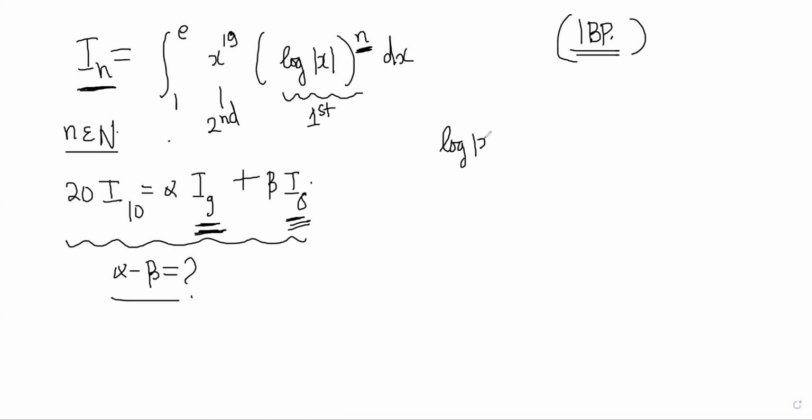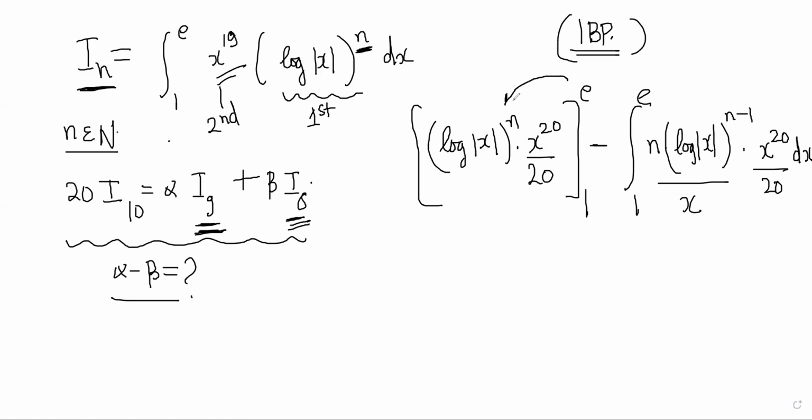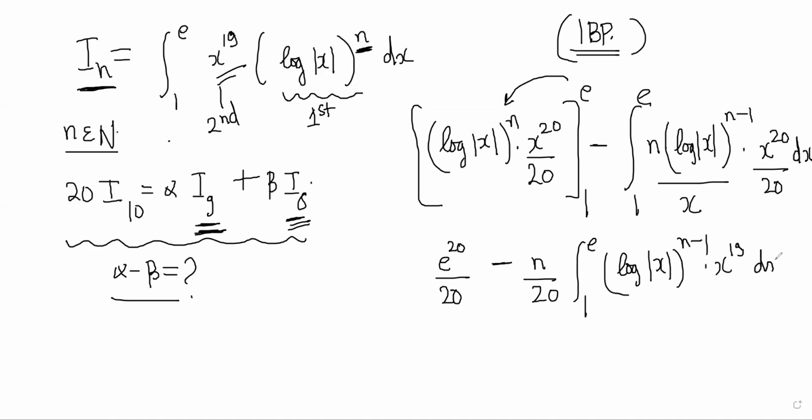तो इसको बाई पार्ट्स करते हैं, इसको फर्स्ट फंक्शन मानते हैं, तो क्या आएगा, लॉग ऑफ मॉड ऑफ एक्स पावर एन। सेकेंड फंक्शन इसको मान रहे हैं, इंटेग्रेट करोगे तो एक्स पावर 20/20, और डेफिनेट इंटेग्रल है तो यहाँ पे ही लिमिट्स डालना है, -1 to e, और अब n log ऑफ मॉड एक्स डिफरेंशिएट कर रहे हैं, पावर n-1 एंड 1/x आ जाएगा, राइट। ये आ रहा है, सर। हाँ तो देखो यहाँ पे e डाल दो, तो log e is 1, तो 1 into e power 20/20, माइनस 1 डालोगे तो 0 आ जाएगा, राइट। माइनस इधर क्या आ रहा है देखो, n/20 integral 1 to e log x पावर n-1 x पावर 19 dx, राइट।